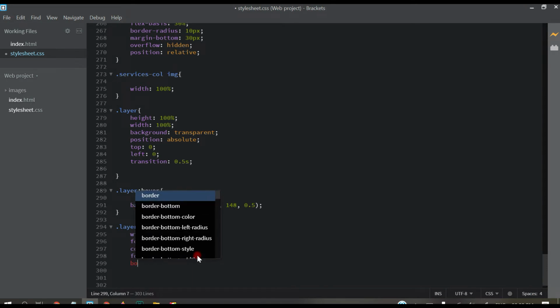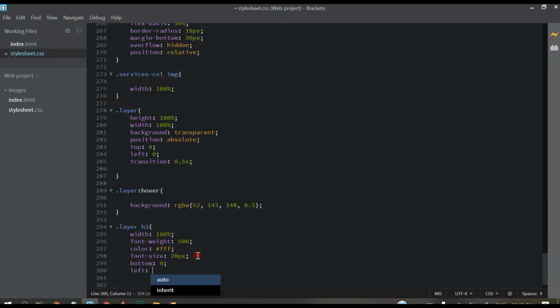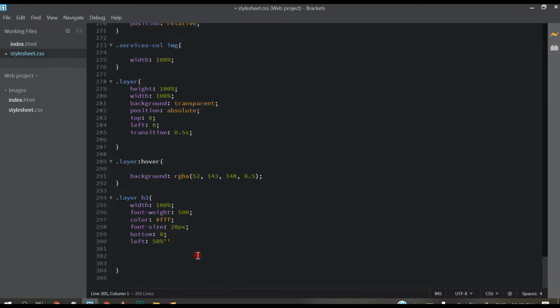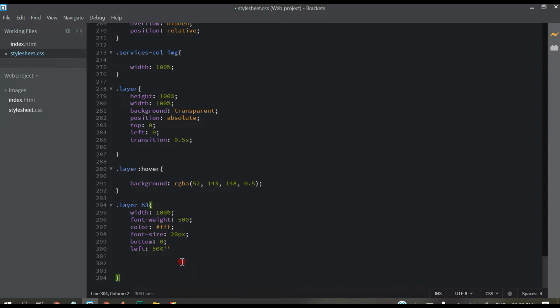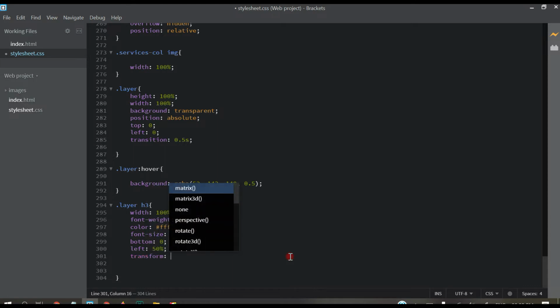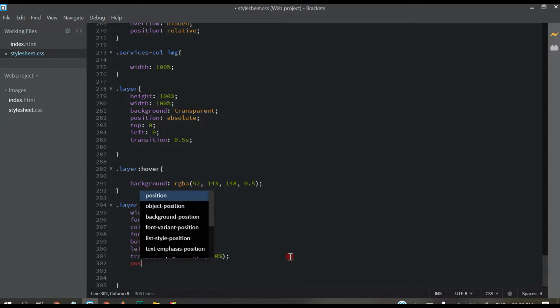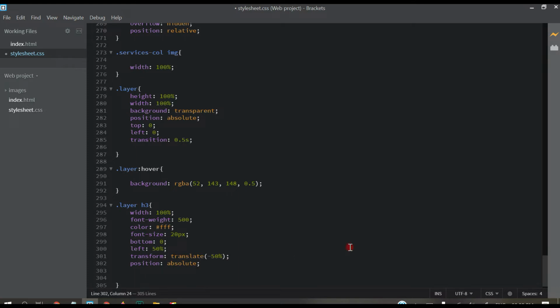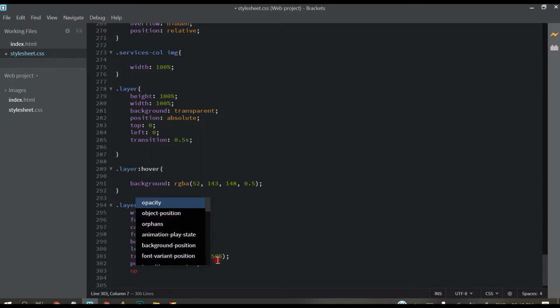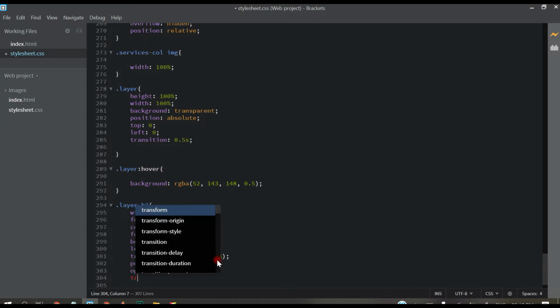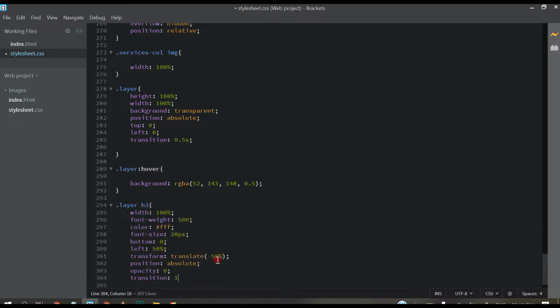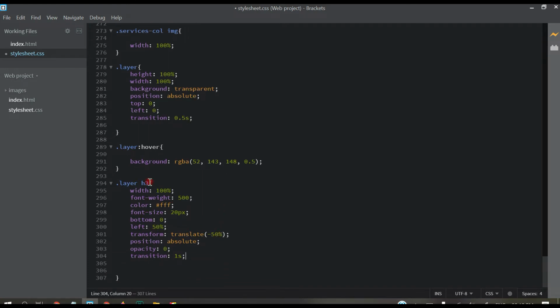Bottom 0, left 50%, sorry, transform translate minus 50%, position will be absolute, and initially we will set opacity 0 and transition 1 second, and then copy this